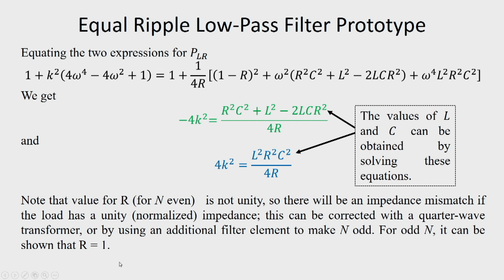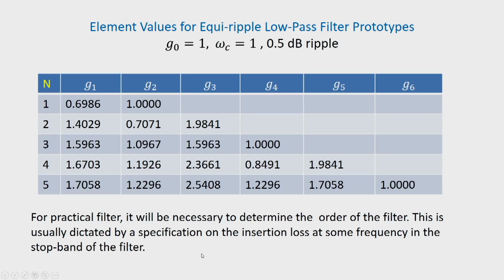So, from these considerations, we can get the element values for the equiripple low pass filter prototype. Prototypes we have already seen earlier, and we consider G naught equal to 1, omega c equal to 1. Now, here we also need to specify the passband ripple. So, this table is shown for 0.5 dB passband ripple,